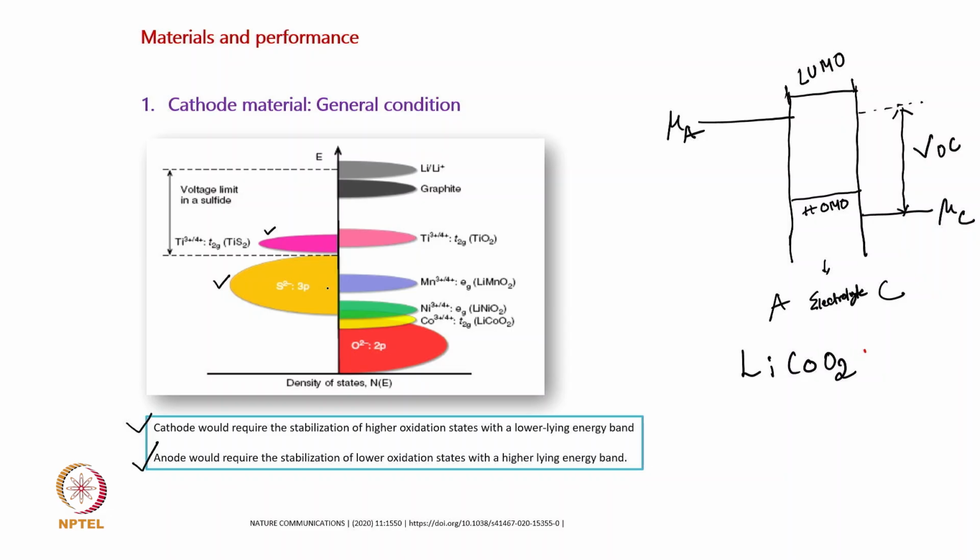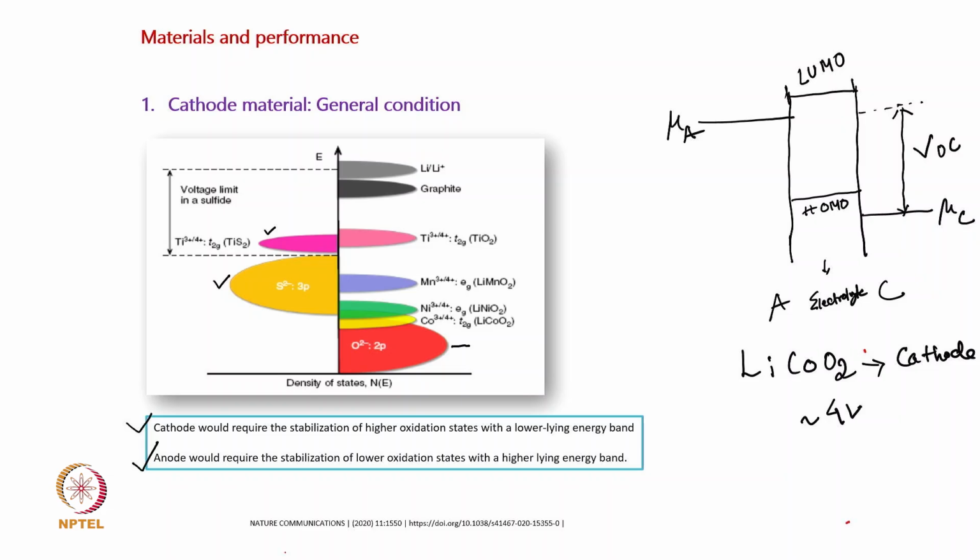Okay. So, similarly, if we look at the lower lying energy state of, say, lithium cobalt oxide, it is here. Okay. So, if I make a difference here between the anode and cathode, I can have a much higher voltage for lithium cobalt oxide. This is also a layered structure. Okay. So, this straightaway shows an indication that if we use lithium cobalt oxide as cathode, then we can have a voltage which is approximately 4 volt or even higher.